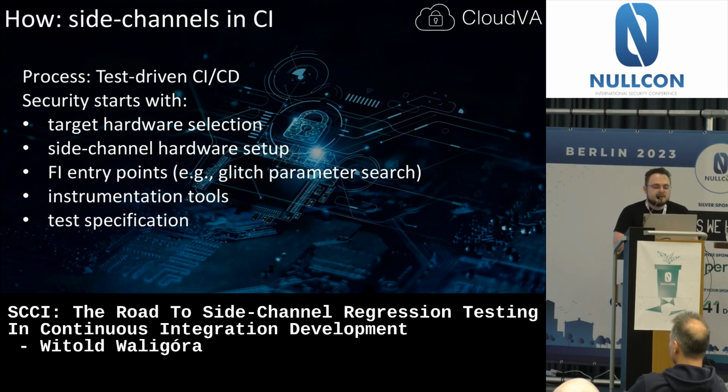So the process that we're using is test-driven CI/CD. So we write tests first. This is nice because we know what AES looks like every time, and pretty much you never change crypto, right? So you can write tests in advance. Once you settle on crypto, on which encryption algorithm you're using, you can test it in advance. The difference